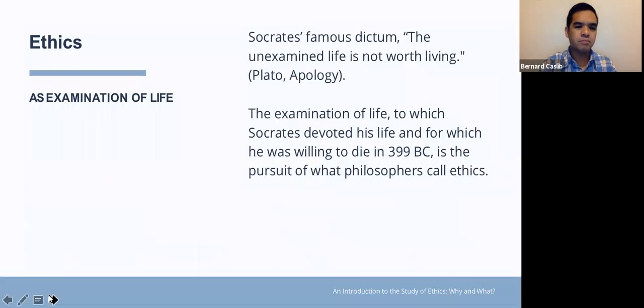So let's begin with the definition of ethics. Well, these are only two of the many ways of defining or understanding ethics. Now, one, it's an examination of life. And I suppose historically speaking, this is one of the first ways of conceiving ethics. It was Socrates, the Greek philosopher,